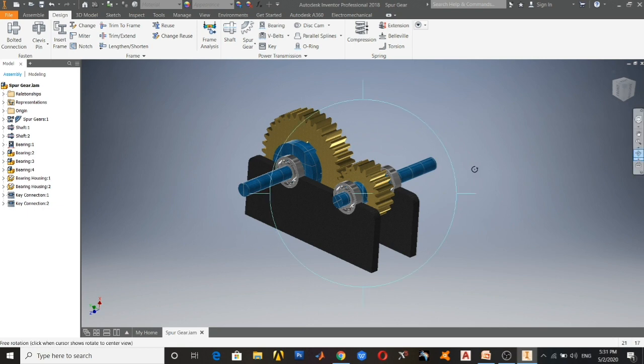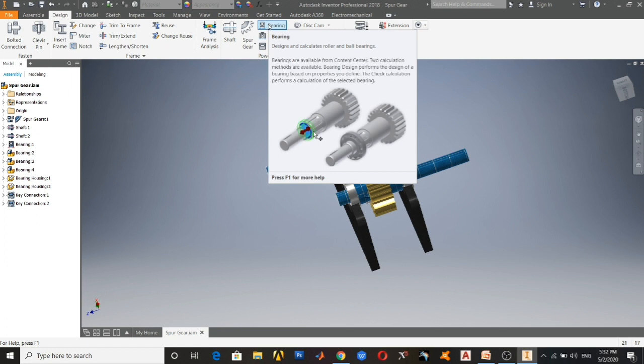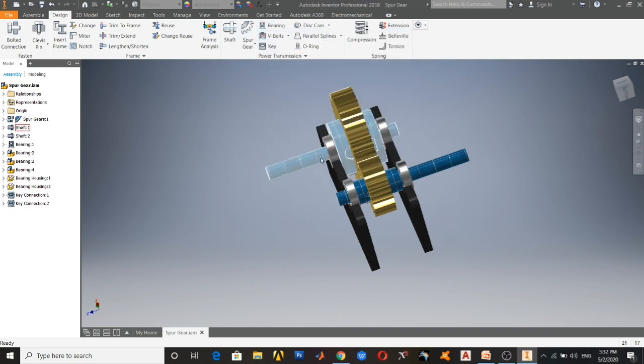Here we have made one bearing. You can see in the Design command there is an option for bearing. So likewise as with the gear and shaft, we can put in whatever necessary data for our bearing in this command and design a bearing. So we have made one bearing and by copy pasting we make it 4. So here you can see we have made 2 bearing housings.